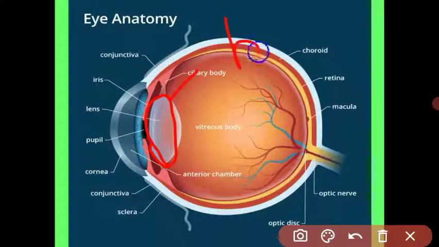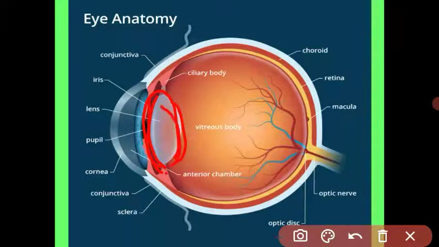And this is the natural lens which is present in our eye. It is the biconvex lens. In physics you already know what a concave lens is and what a convex lens is. Got it? It is the crystalline body. It is the natural lens present in our body, and the lens is present behind the pupil. See, this is biconvex. Both sides are convex, so it is called biconvex.